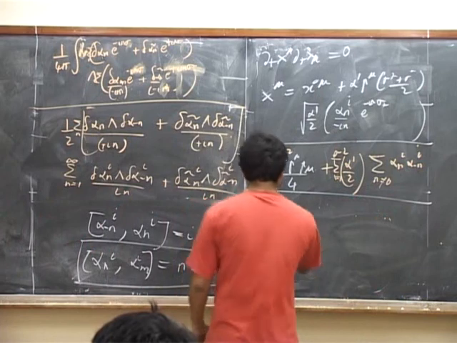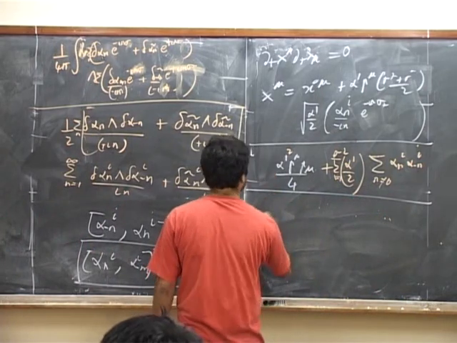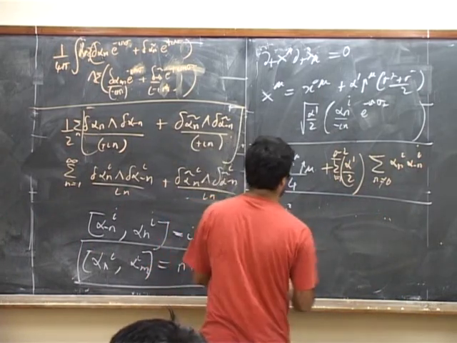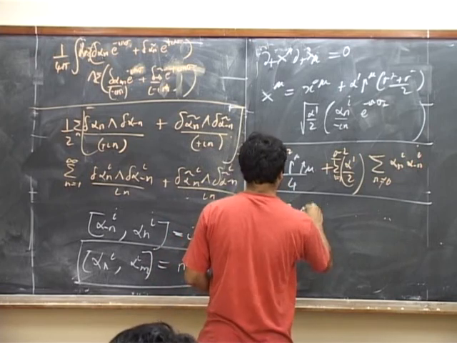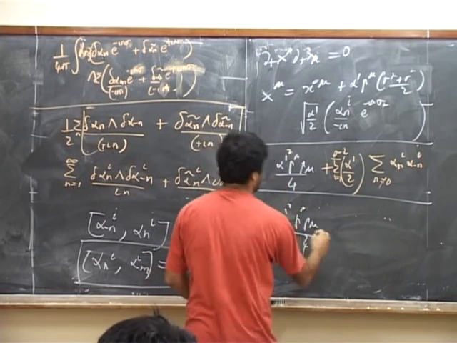So let's do that. So we've got the equation 0 is equal to alpha prime squared p mu by 4 plus